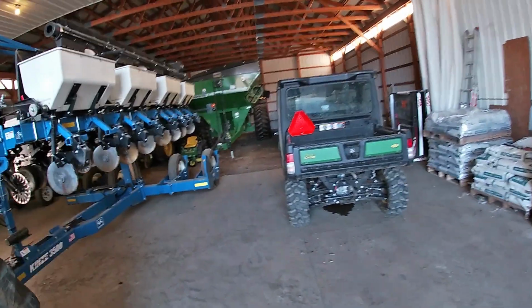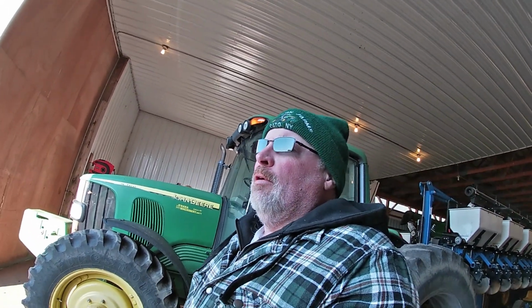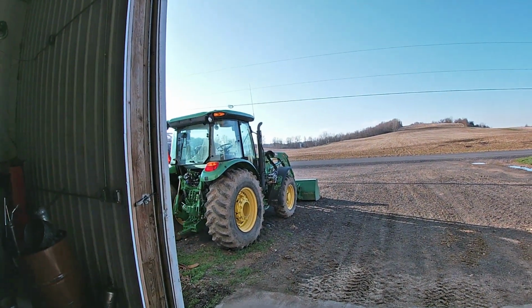Alright, as you can see, the Gator is back in the shop. I am home. I'm waiting for Ron. He was going to go get the ditching bucket, bring it here, so I can unload it with